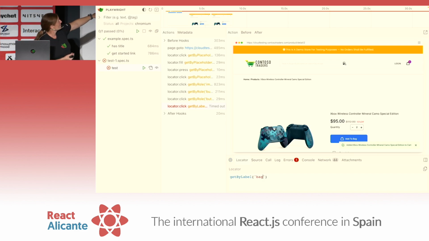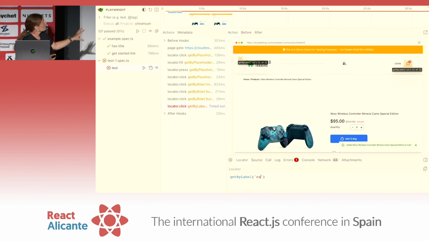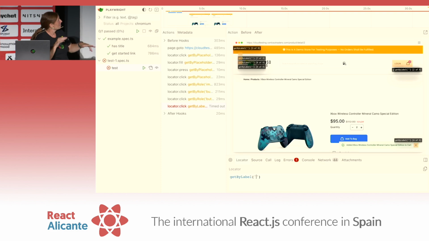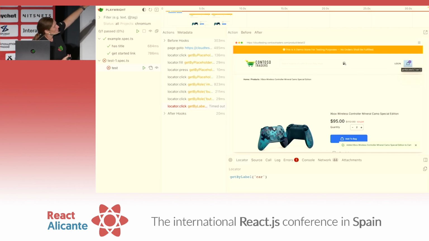And this is a little playground, so you can actually play in here. You can type, you can see how it's highlighting as it finds things. It found the cart, it didn't find the bag, so it's obvious that that bag doesn't work. And you could type in anything in there, and just play around and see what locators work. You see Playwright is finding 2 of 3. Is it a unique locator?